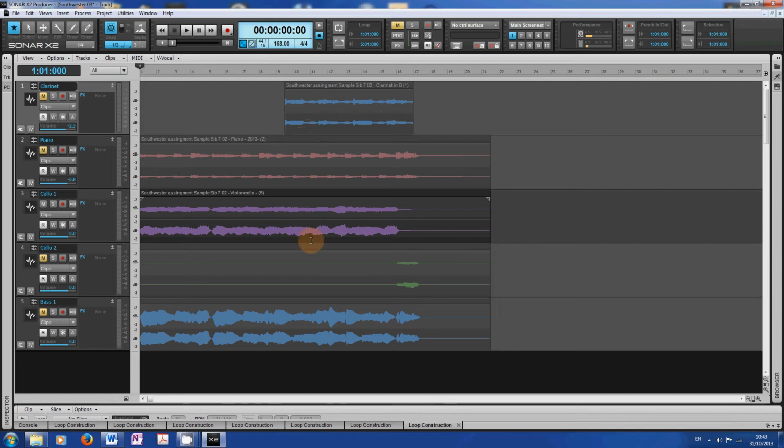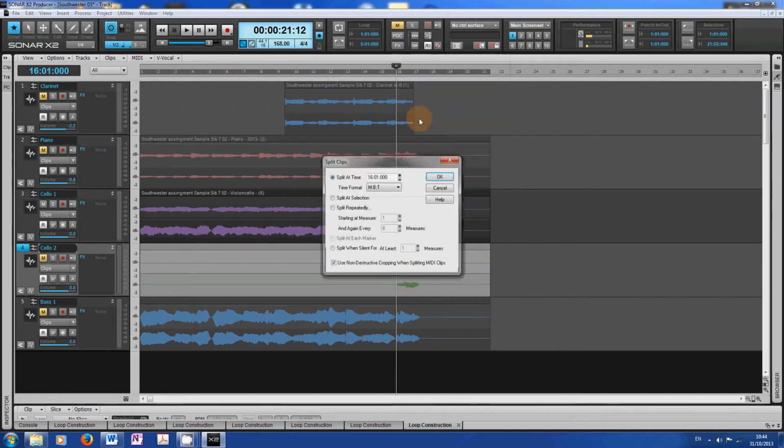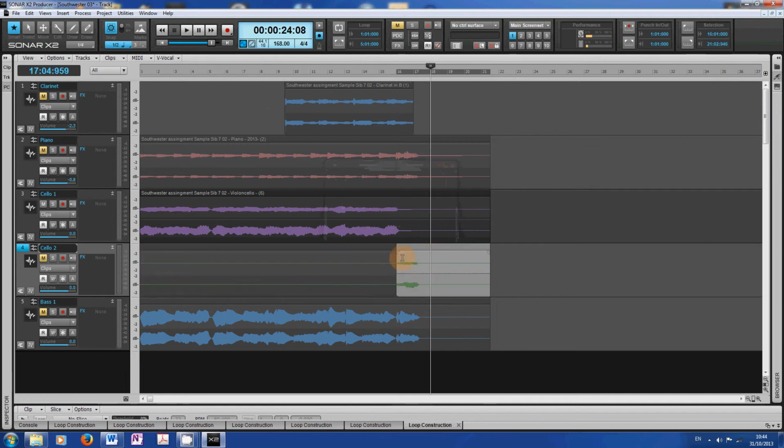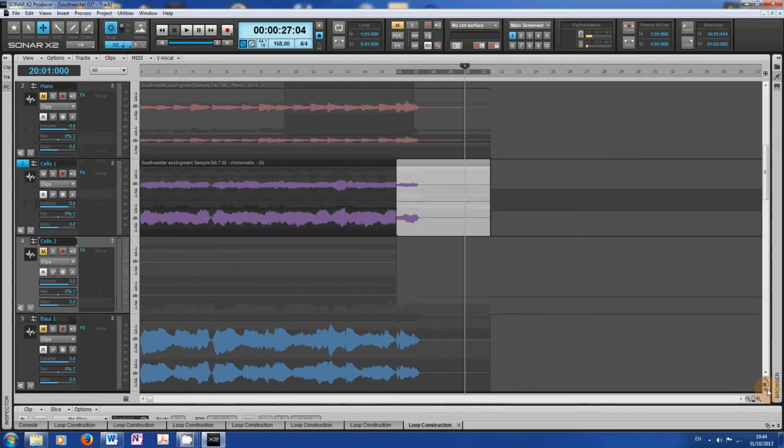Next up we have separate. Sometimes we want to split a single audio track into two separate segments so we can independently manipulate each segment. Simply left click at the point where you want the split to occur, right click, select split, OK, and you now have two separate audio segments on the same track. I'm going to move this segment up to the next track and we'll zoom in so I can show you